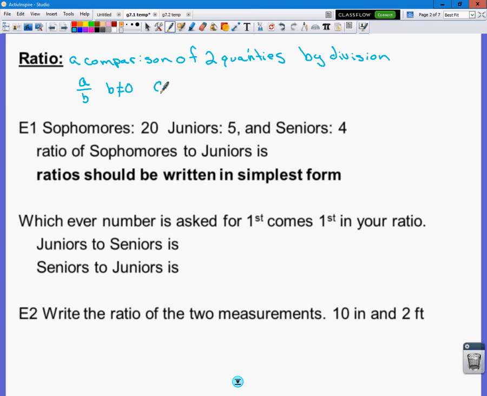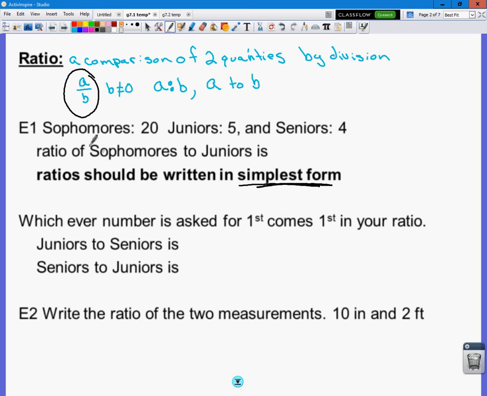We could also write it A colon B, and this is read A to B. Or the third way that we could write it is A to B. And obviously the most common way to represent it would be as a fraction. We do need to remember that when we represent this, they are usually going to be represented in simplest